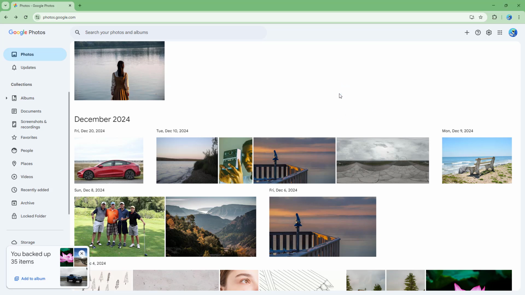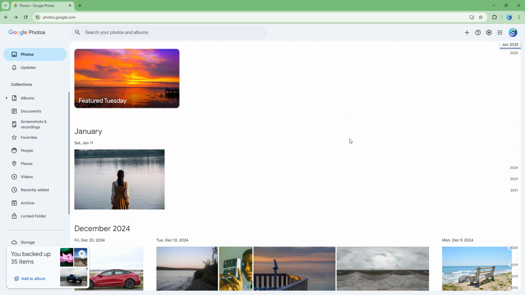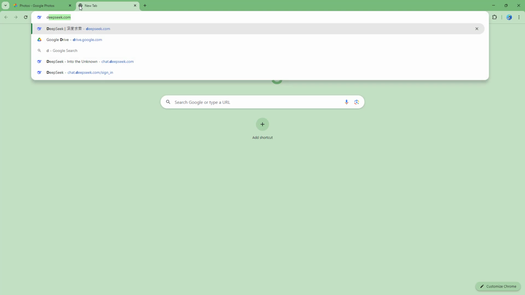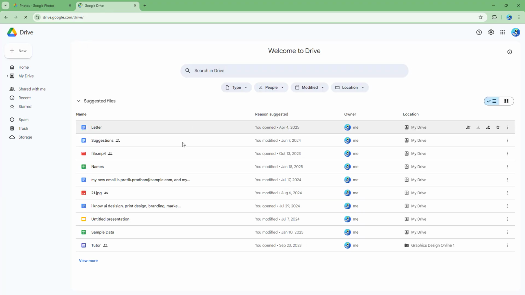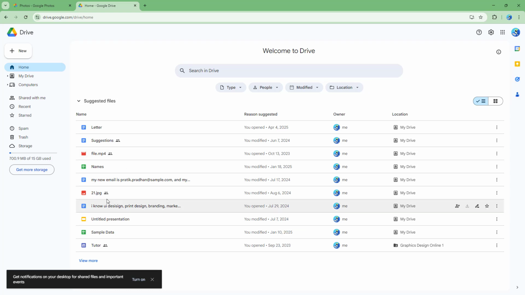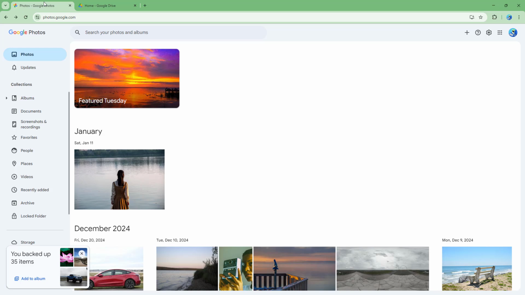So you may also have photos stored in your Google Drive account right here. So let's say, for example, if I were to go to drive.google.com right here, then you'll be able to see that I've got some videos and photos right here. If you want to go ahead and upload that into Google Photos, then all you need to do is click